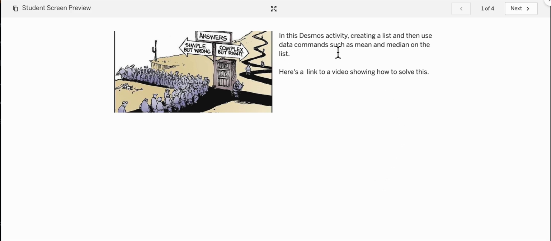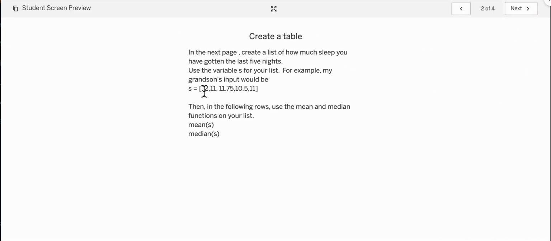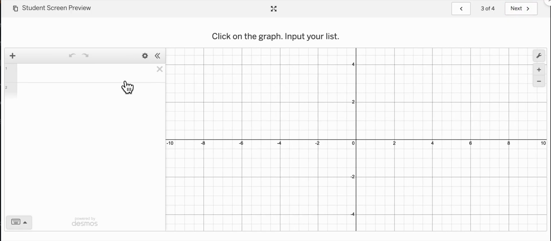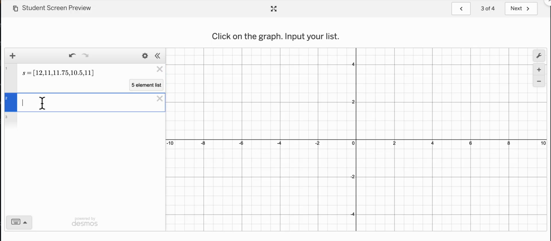Activity, we're going to create a list, and to create that list, we're going to use a command that uses those square brackets. So you can just grab this in here, and you can change your data if you want. Okay, so we're going to call it a sleep list, to keep track of how much we slept. Okay, and so I paste that in. Okay, and if you didn't want to do that,